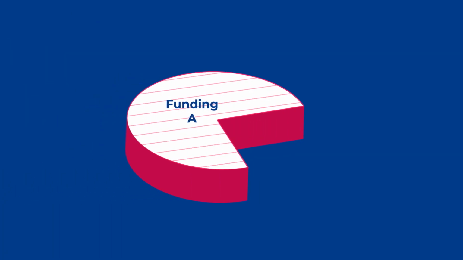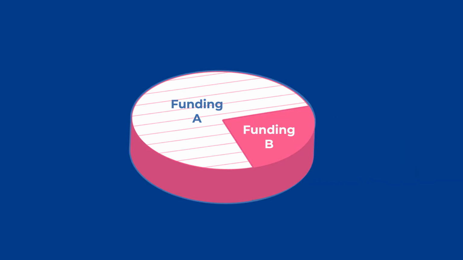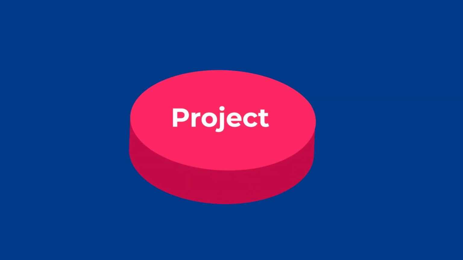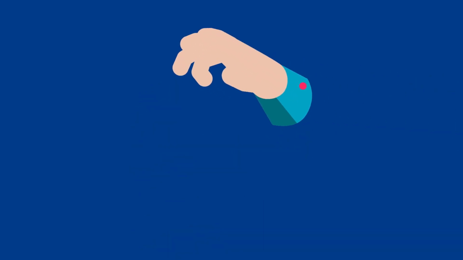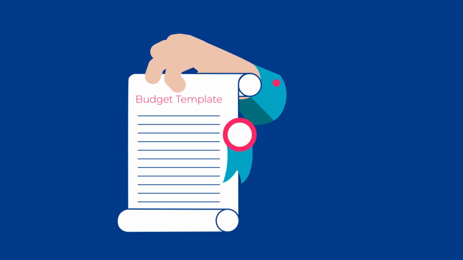While you will need to tell the private foundation how much the entire project will cost, you do not have to specify which portion of the project its grant will fund. Use Boulder Advocacy's project grant templates to provide your potential funders with all the information they need to feel confident